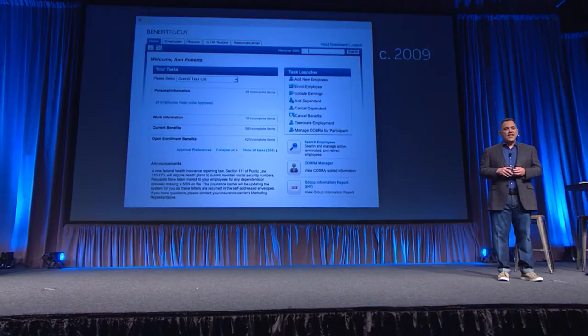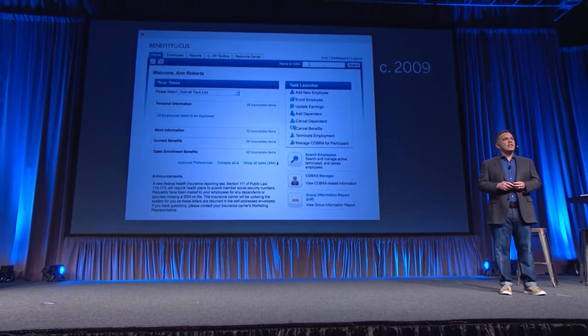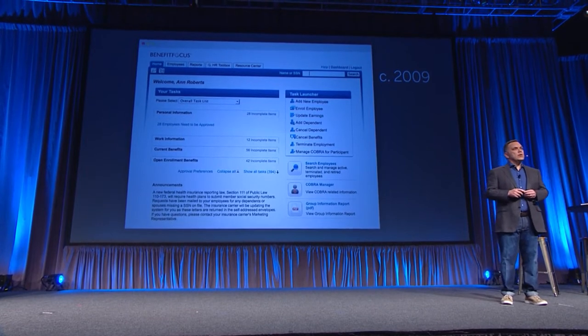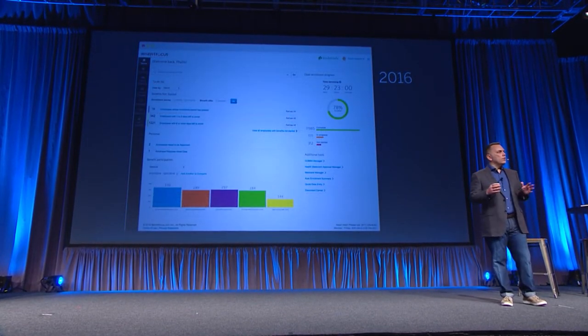This is the haircut, if you will, circa 2009, and our tabbed enrollment and the task launcher and so forth. Two years ago, at One Place, we made a massive leap forward with the all-new benefits administrator role. It's been so well received, a whole great new way to interact with benefits. And I just wanted to review a bit about some of the aspirations we had when we introduced this new